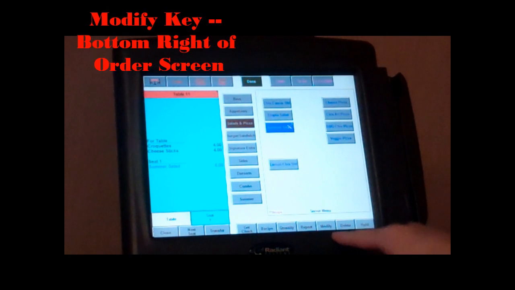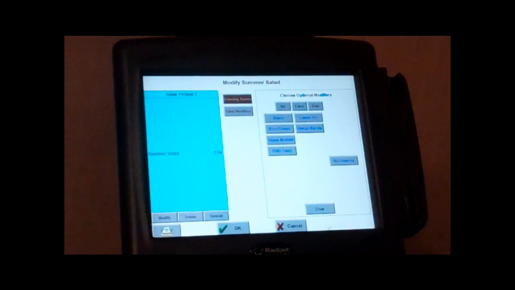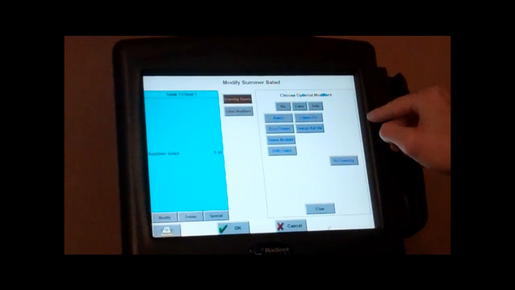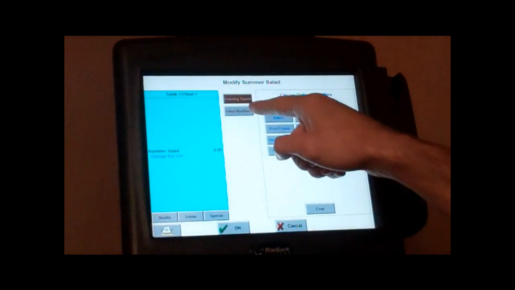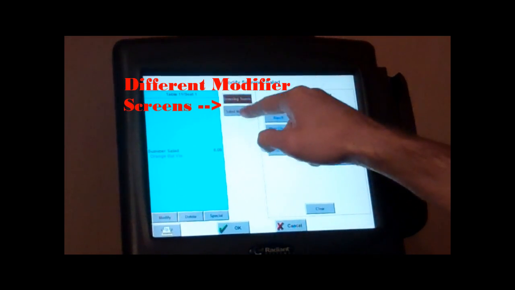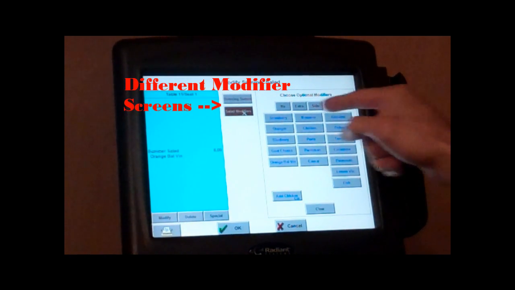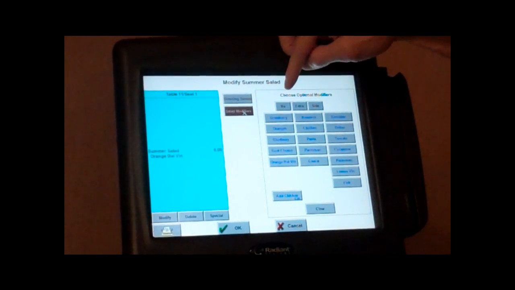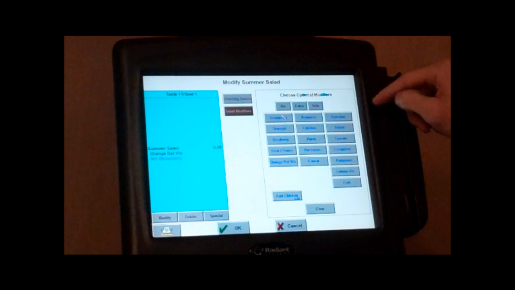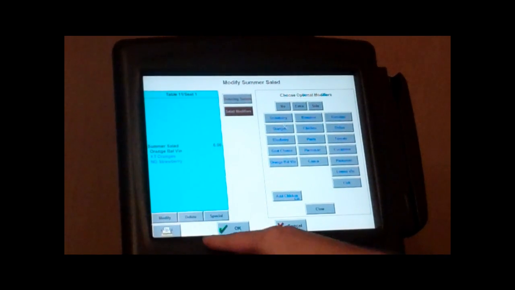And with salad, the modifiers are found under the Modify button located on the bottom right hand side of the page. By pressing Modify, I can then choose any special dressing that the guest requested. And under the Modifier, Sub-Modifier menu button in the middle of the page, I can choose to add or modify any item that comes along with the salad itself. For this instance, we have a strawberry allergy, so I will press No Strawberries, Extra Oranges,